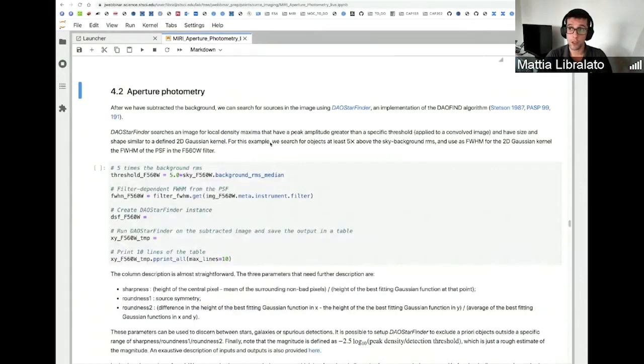The third thing, as I said during the presentation, that you want to do is to search for the sources in your image. And to do this, today I'm going to use this DAOStarFinder function, which is, again, an implementation of the DAOFIND algorithm of Stetson. DAOStarFinder searches an image for local density maxima that have a peak amplitude greater than a specific absolute threshold on the image, and that have a size and a shape similar to that of a 2D Gaussian kernel. So as you can understand, this function is going to search for maxima that are above the fixed